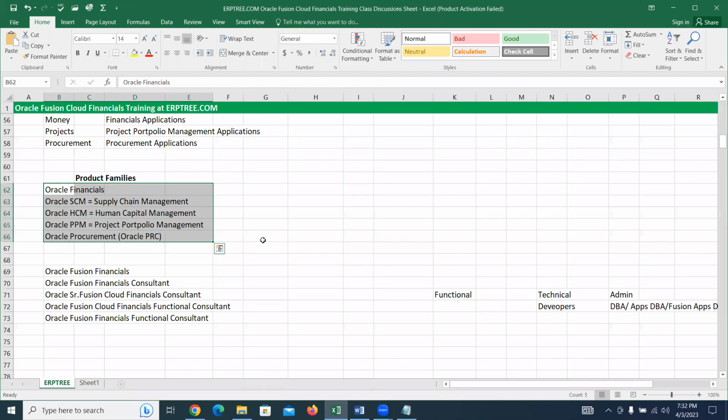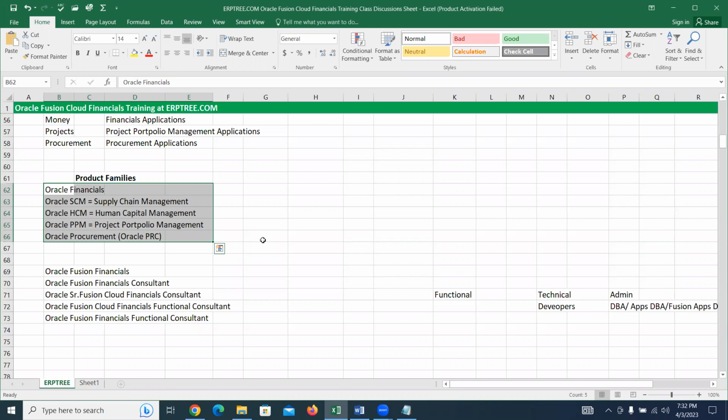When we are learning to get the job, these we treat as different courses. These are different courses for us to learn. These are the different solutions from Oracle side for the clients. Okay. So these many we have. Most of the clients, okay, who are implementing this Oracle application, definitely they choose financials. Okay, very highly demanding product families, financials.